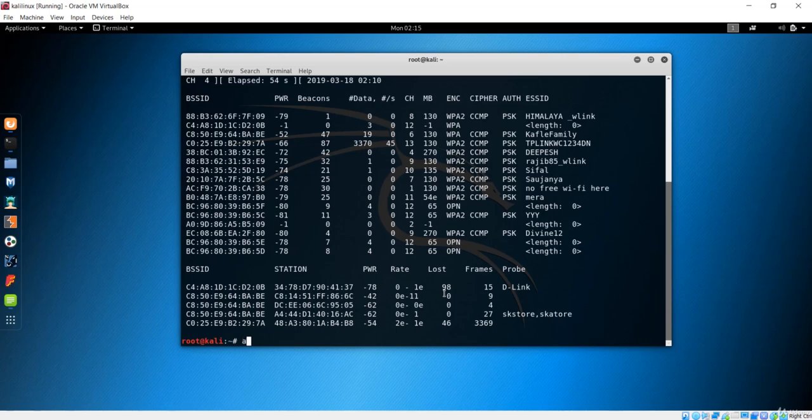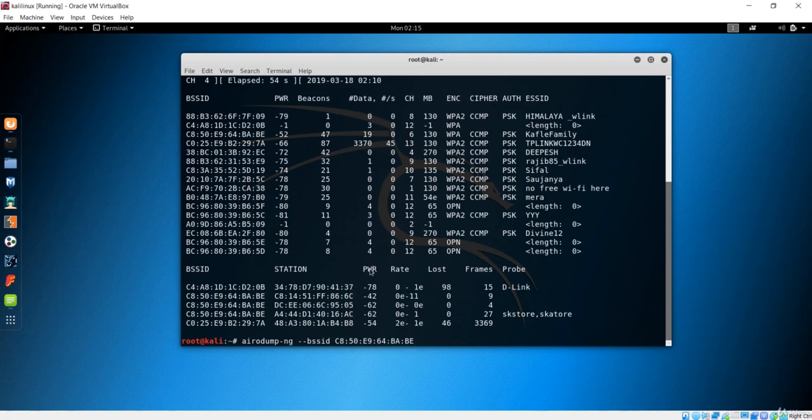After that, I'll make use of airodump-ng, which is the application, and after that we have the BSSID. This is to input that BSSID. Just use the BSSID which you want to attack. In my case it is right here. I'll copy it and paste it down here.